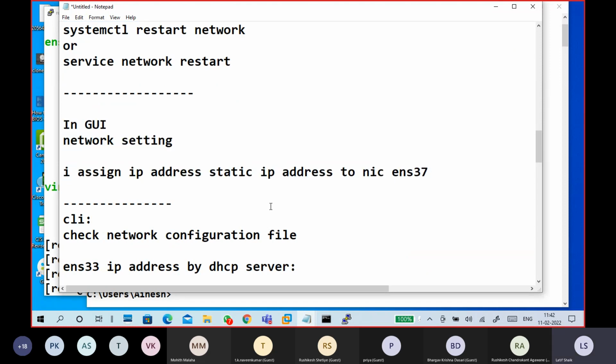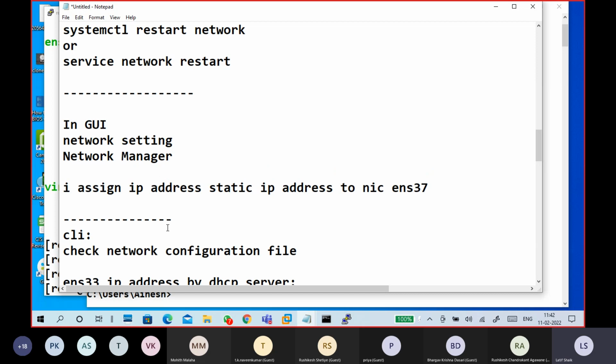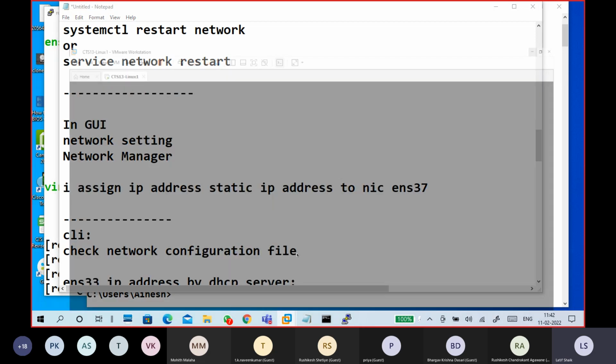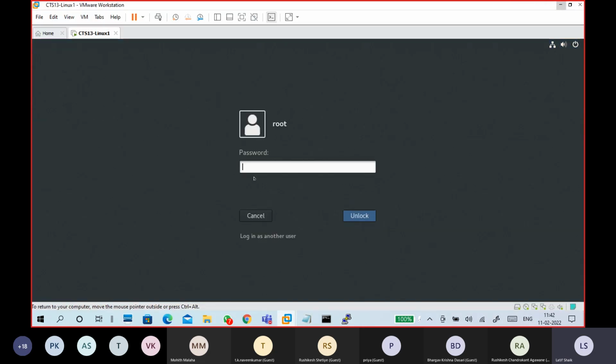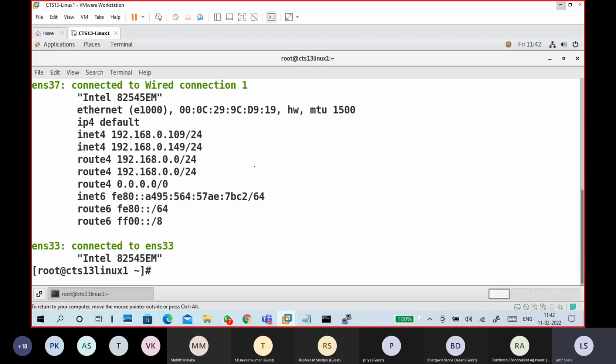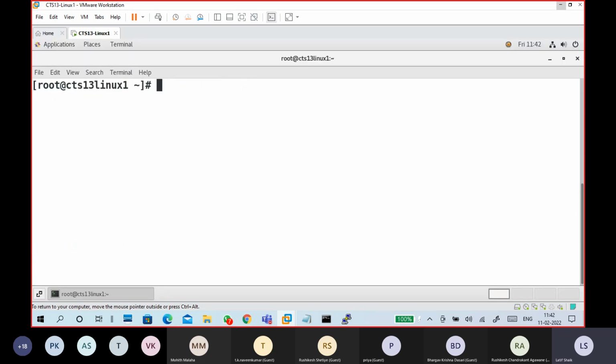Next, in GUI mode, I went to the network manager and changed my IP address. So I showed how to do it, and there is also a command to open the GUI mode thing, but I don't know if it is still there, because in Linux 5 and 6 it is there.